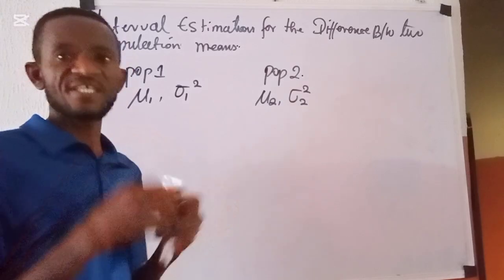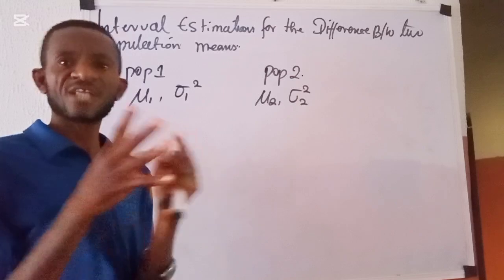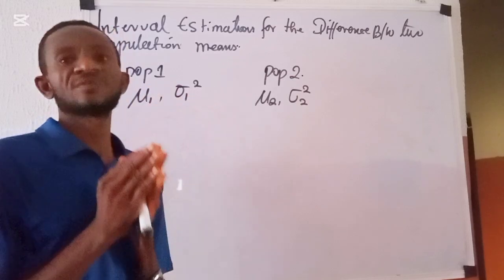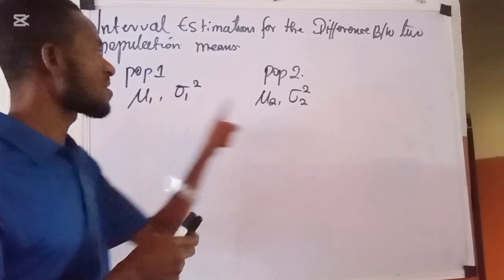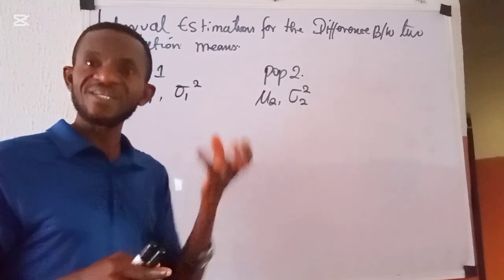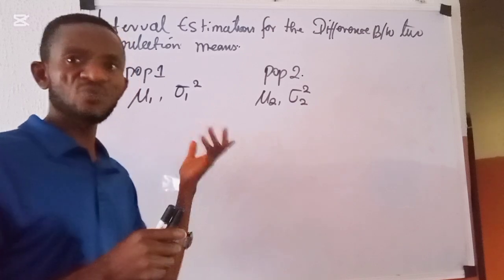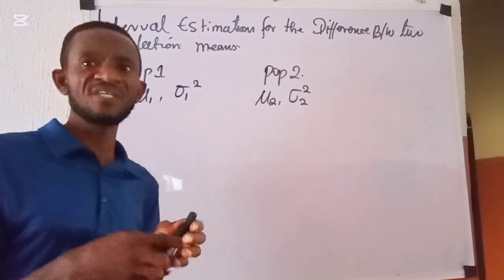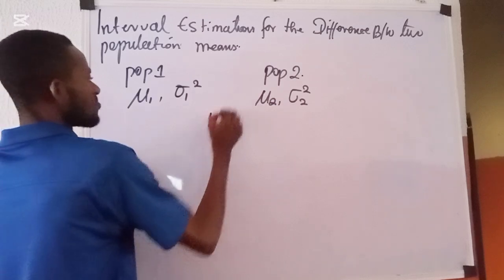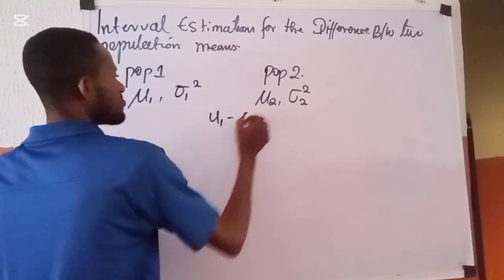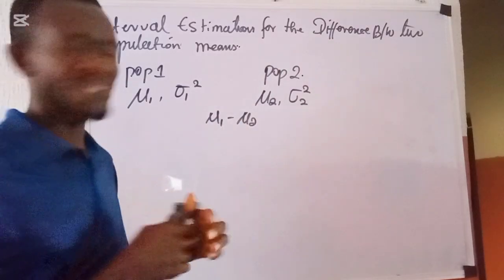So the interest here is that we want to construct confidence interval that will be able to bound the difference between these two population means mu 1 and mu 2 with a certain level of confidence. So the difference between the two population means we mean is that at the center here, let us now tag it to the mu 1 minus mu 2. This is what we want to construct a confidence interval that will be able to